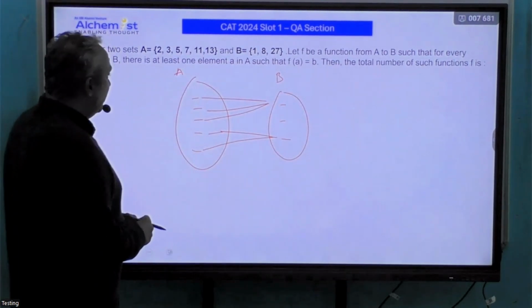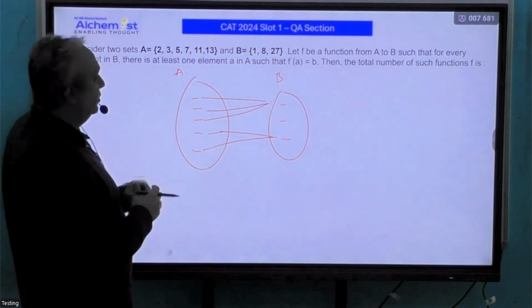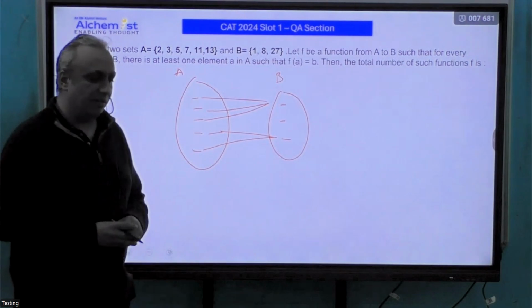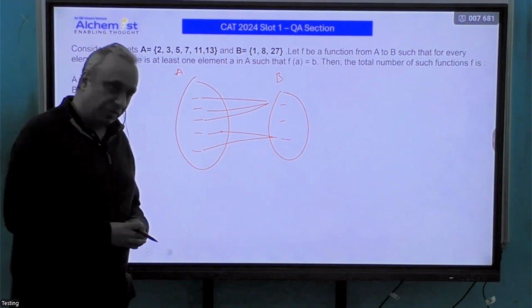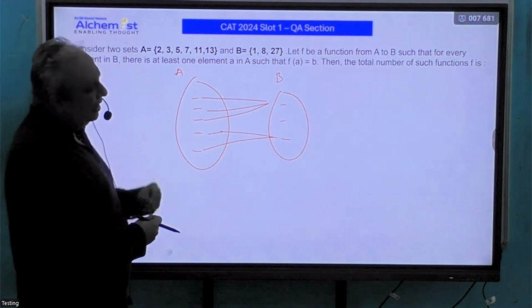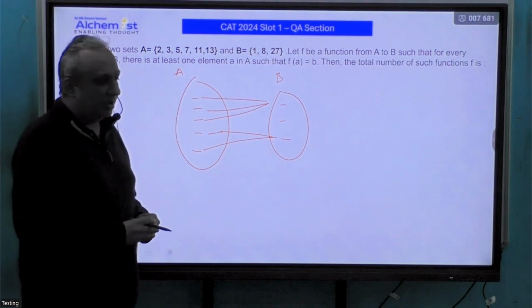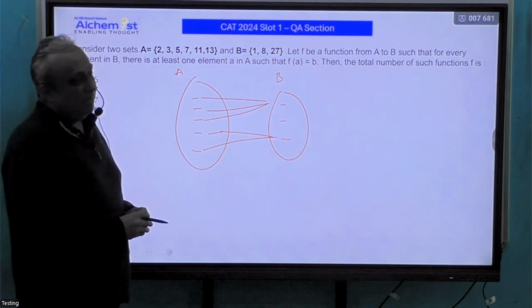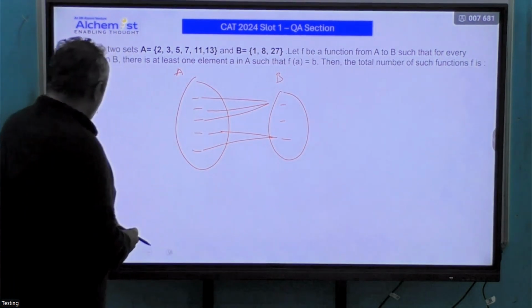Now I will solve this question in two different ways. One is a standard way, which I would believe that every CAT aspirant should be able to solve. And the other would be a slightly advanced way in which I would tell you how you could do it, and maybe you will get to learn something new. Okay,